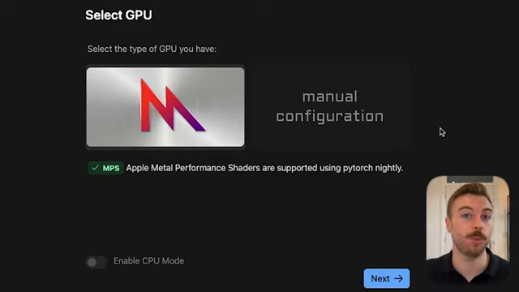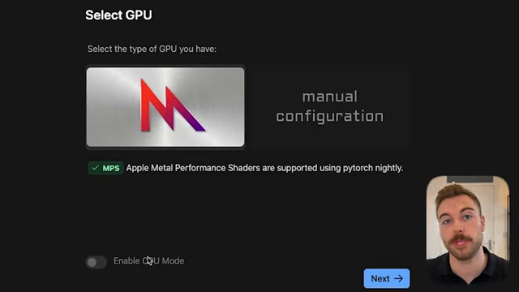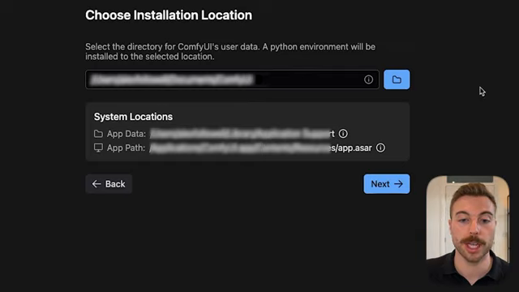Now I'm using an M1 Max MacBook Pro from a couple of years ago. So what we're going to use is the Apple Performance shaders on the left-hand side here. If you've got an NVIDIA GPU, this will be replaced on the left-hand side here, or you'll need to go down and turn on CPU mode and run it that way instead. For mine, it's absolutely okay to use it this way. We're going to press next. We're then going to choose a location to store it. So in this use case, I'm just going to put it on my desktop,